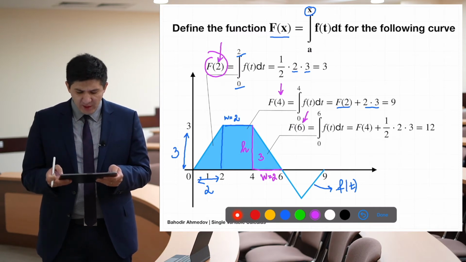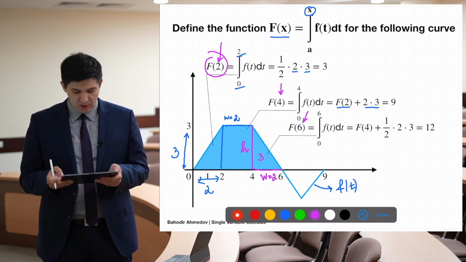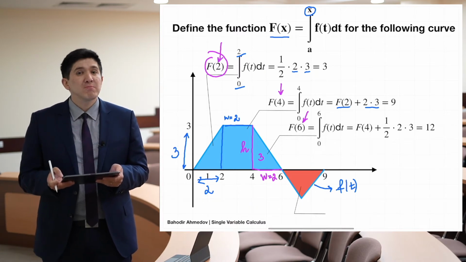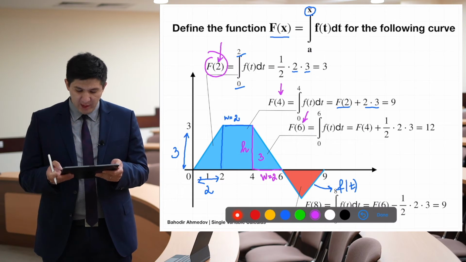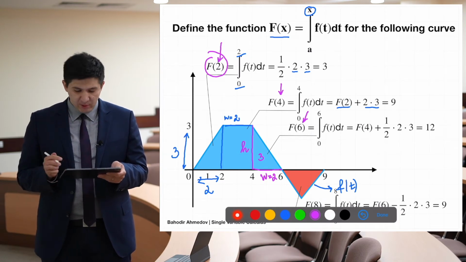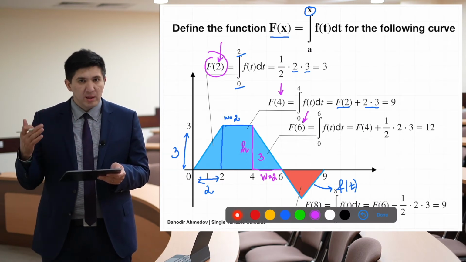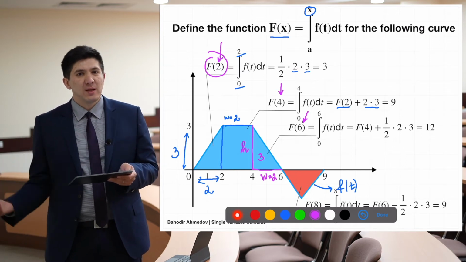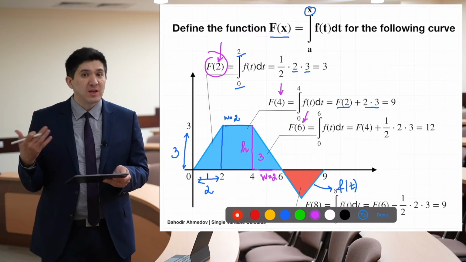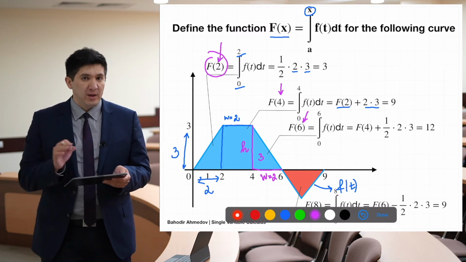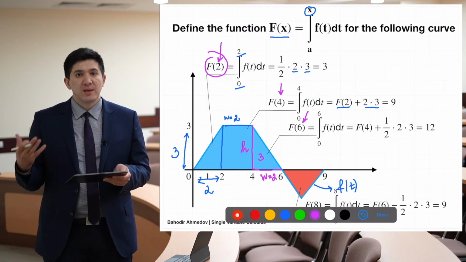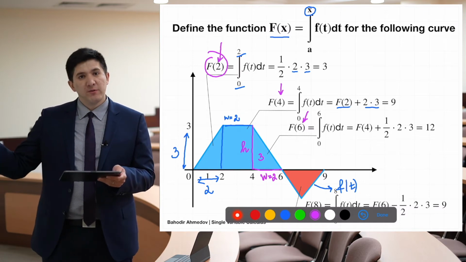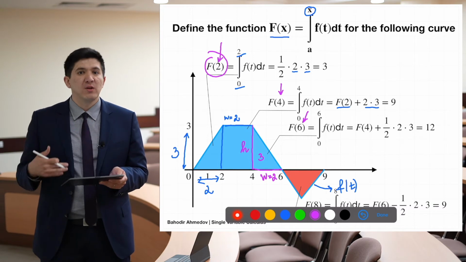Now, if I would like to find this integration until 9, I have to find this area, and I have to subtract this from f of 6. Because if you remember, the areas under the curve or over the curve, where the curve is under the x-axis, are going to give you negative values. And if you remember, the integration is net area, not just the area, right? So if you have the curve under the x-axis, it is going to give you the negative value